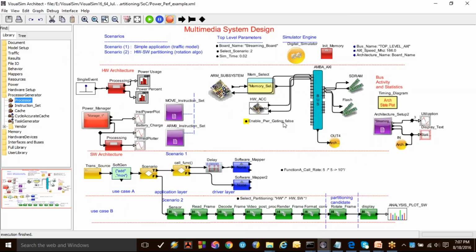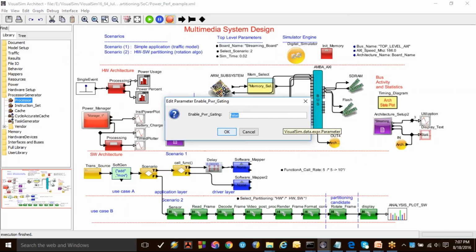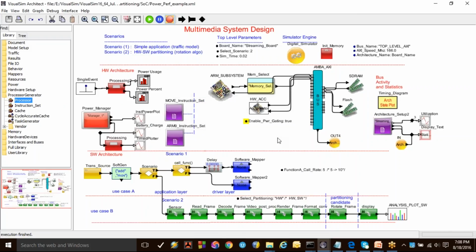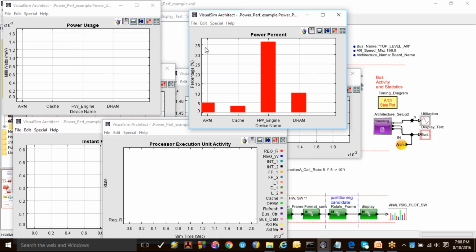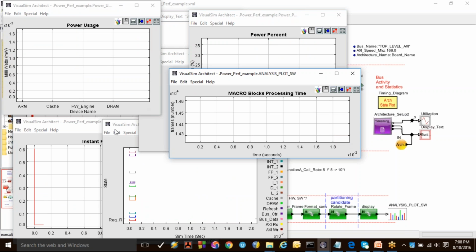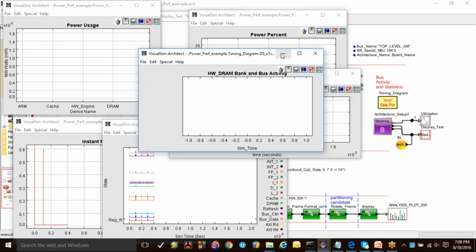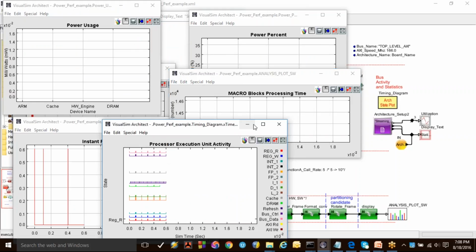So what you can do is introduce a power gating algorithm to make sure that whenever you're not running anything on the hardware accelerator, you can shut it down, or you can push it to a standby state or wait state or things like that. And looking at the report again,